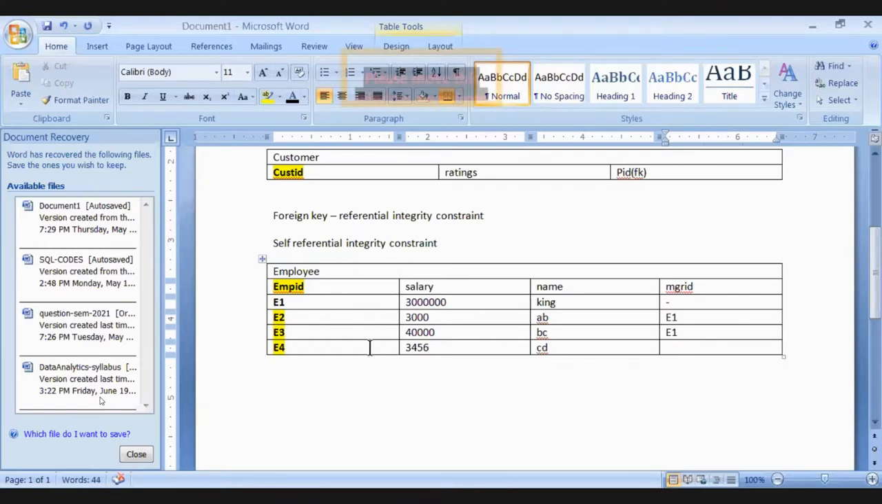I cannot delete King's information, E1's information. Why can I not delete E1's information? Because E1 is present as the manager of some other records. So I cannot delete it. This type of reference is known as self-referential integrity, where manager ID is the foreign key, which